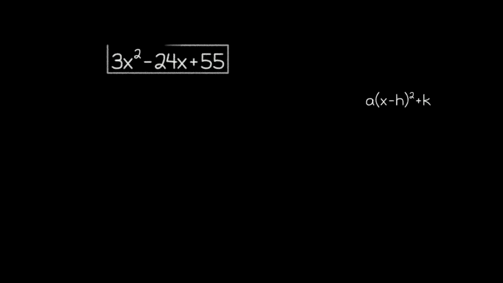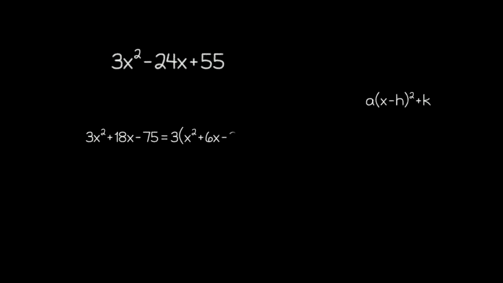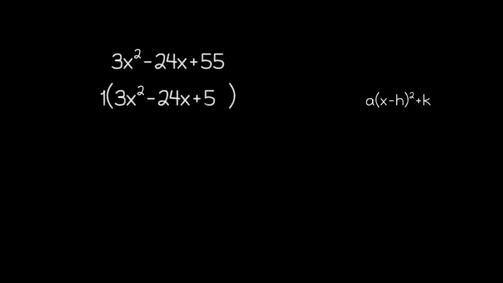Consider this example. If you think back to our work with leading coefficients while converting to the factored form, our first step there was to check for a greatest common factor, which is essentially going to be our first step here as well. However, there's an immediate problem, which is that the greatest common factor here is just 1. And factoring out a 1 won't change anything about the expression.